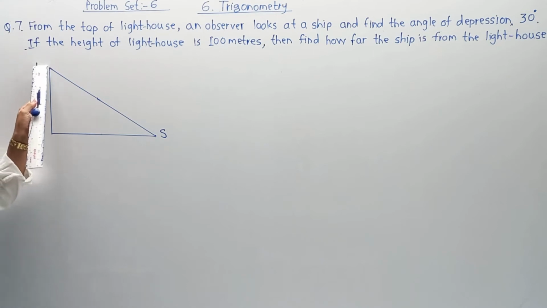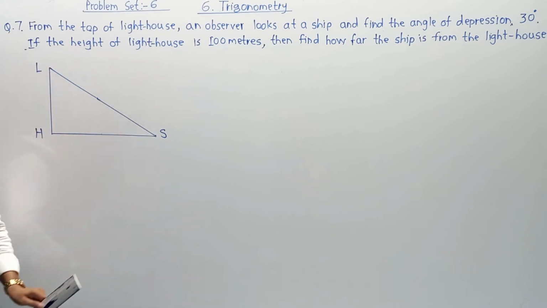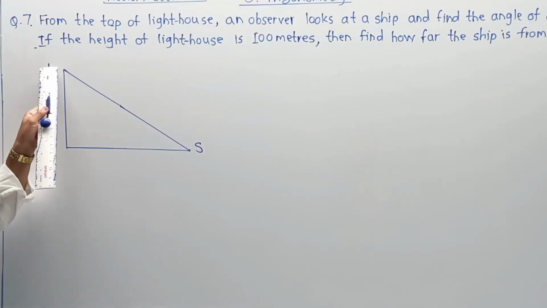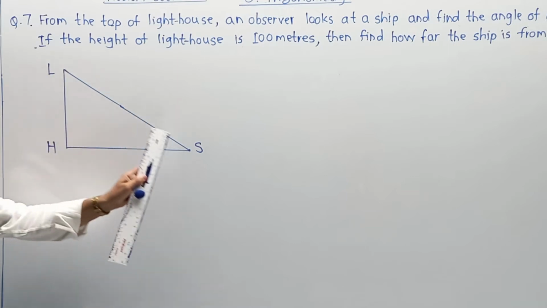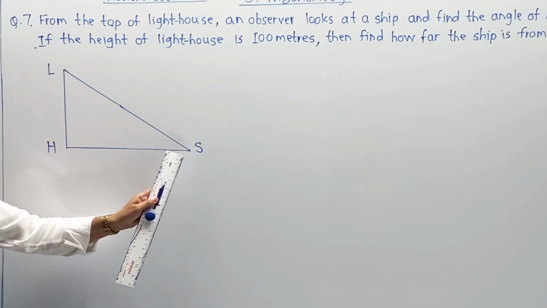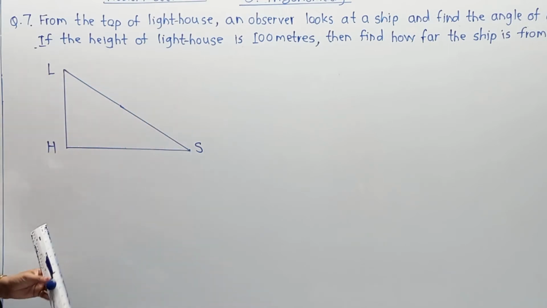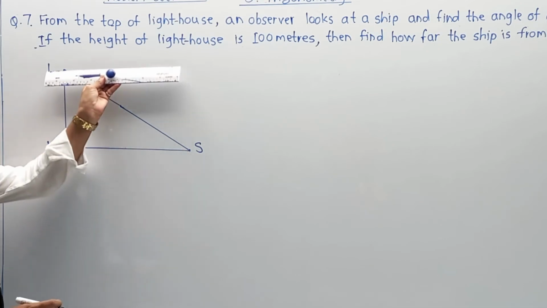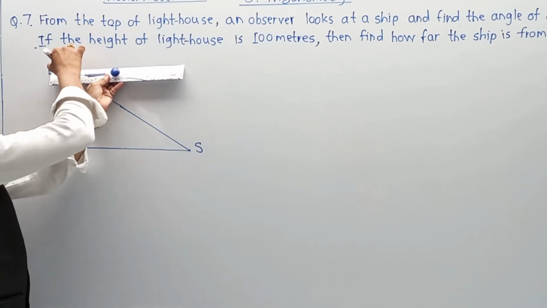And here from the observer, the angle of depression is 30 degrees. Now students, remember one part. Here the main part is the angle of depression. As the observer is observing from the top position and the ship is somewhere downstairs, in that case the angle of depression is not going to make an angle over here, it always makes an angle parallel to the horizontal line. So for this HS, I am going to draw one horizontal line passing from point L.